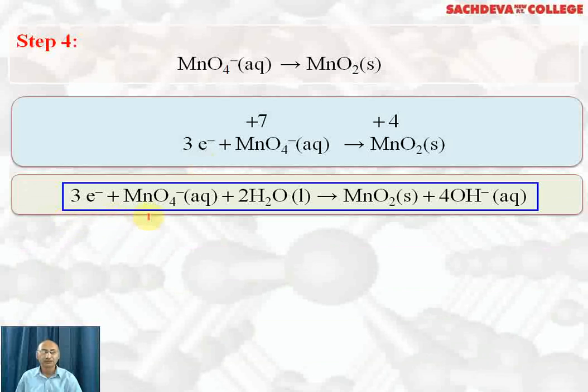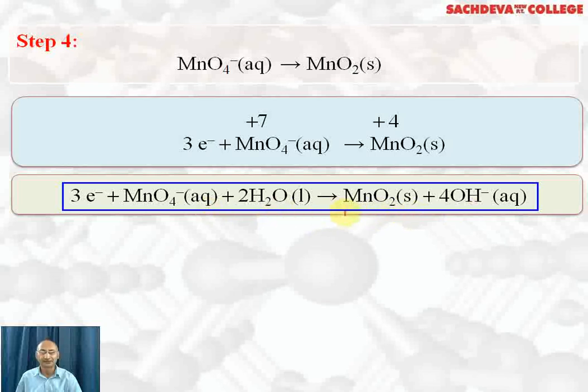Now this reaction is taking place in basic medium, and on this side we have 4 negative charge. So we add 4 OH ions to balance the negative charge. Now to balance 4 hydrogen, we are adding 2 water. And you will check that oxygen is automatically balanced. How? There is 4 plus 2, 6 oxygen. This side also we have 6 oxygen.